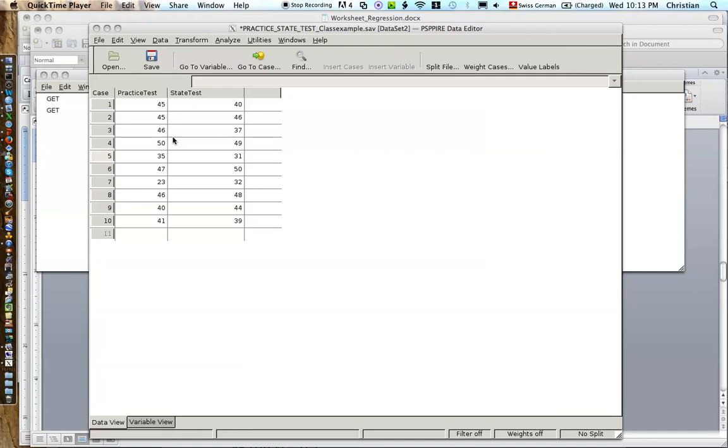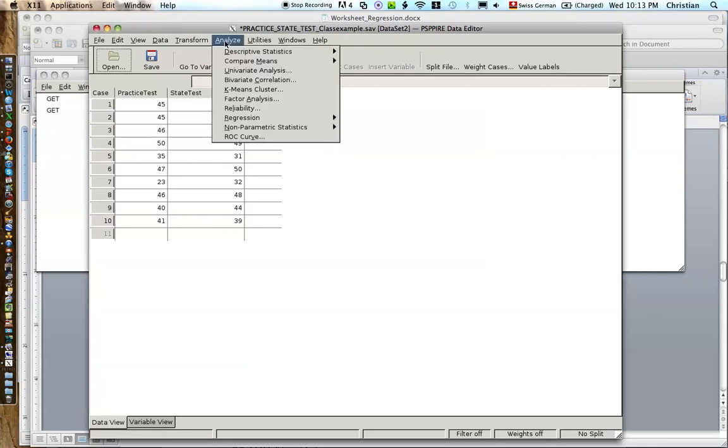Here is an example of how to do a correlation in PSPP. So we have these two variables, practice test and state test, and we want to see how much the practice test correlates with the state test. So we're going to analyze by bivariate correlation,